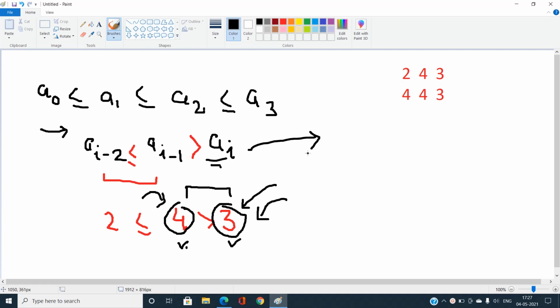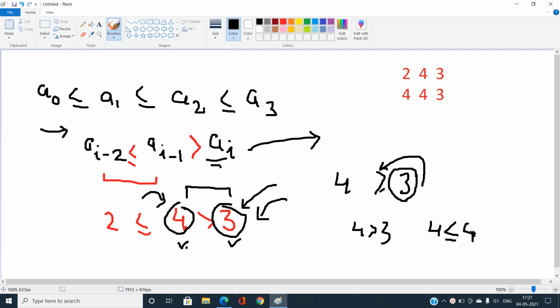Like if we have elements like 4 greater than 3, and we try to increase this 3 to 4 so that this condition is fixed, I will change 3 to 4, so it becomes 4 is less than or equal to 4. Now the condition is satisfied. But there might be a case where in future we cannot get the non decreasing array.